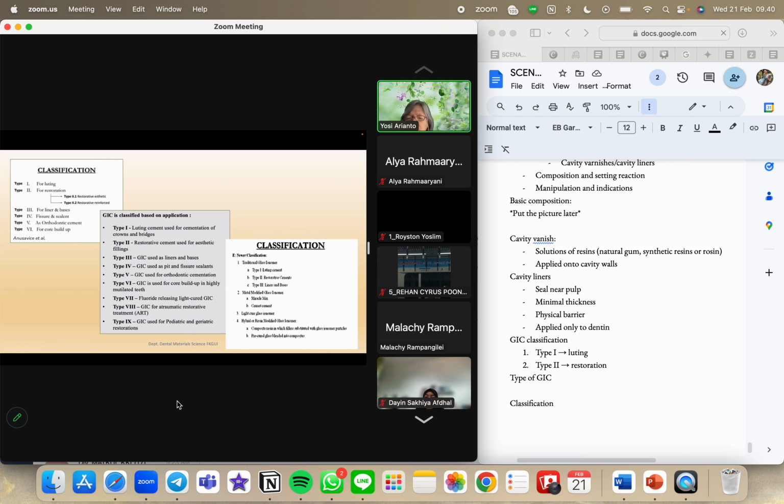And then we have the third generation, the light-cured glass ionomer. Usually we use glass ionomer as self-cure, but sometimes they put some photo initiator, and it sets after light curing. Okay, and the fourth generation is the high